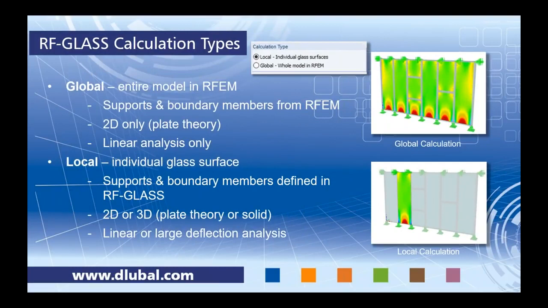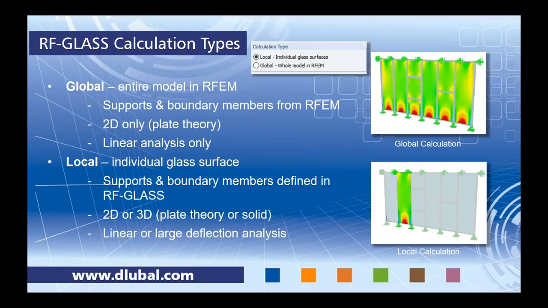When we launch RF glass, there are two different calculation types that we need to choose from, either local or global. So our first example today will utilize a global calculation. Now this considers the entire model within RFEM. So things like supports, nodal supports for today, boundary members, those are all taken from what we've modeled in the